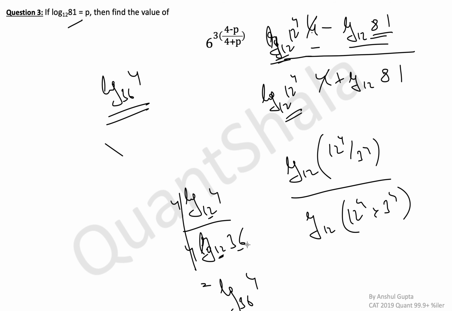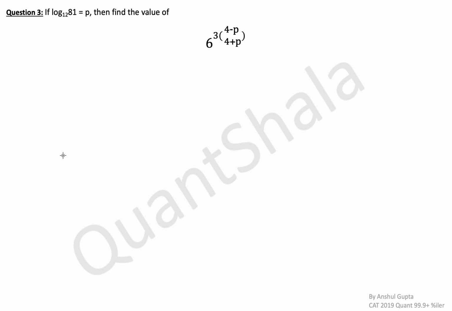So the argument of the denominator becomes the base, the argument of the numerator becomes the argument. So we have calculated this term till now, multiplied by 3. Multiplied by 3 means it will just become 4 cube here, and then raised to 6. So what we have is 6 raised to power